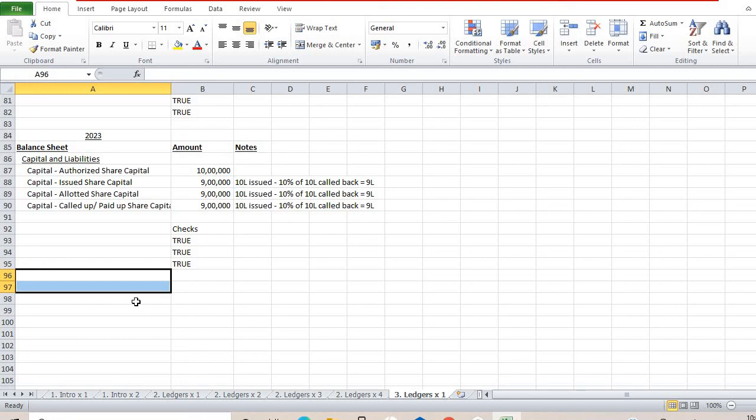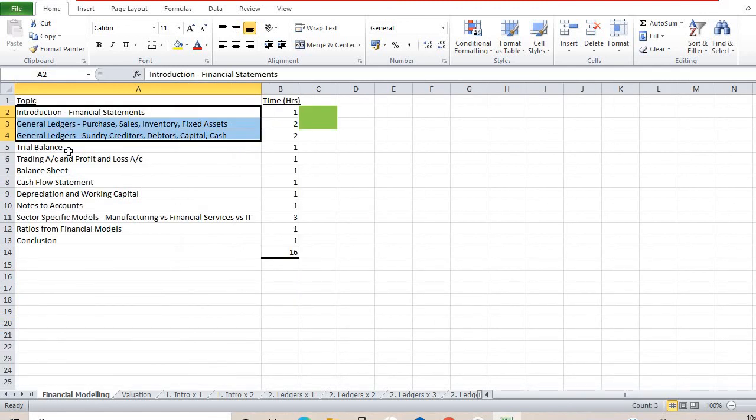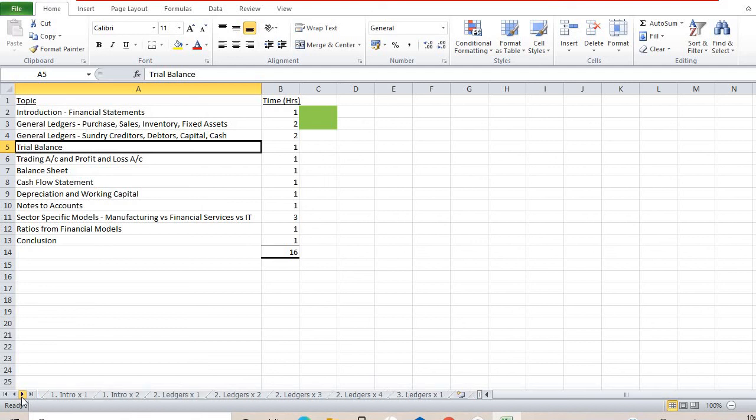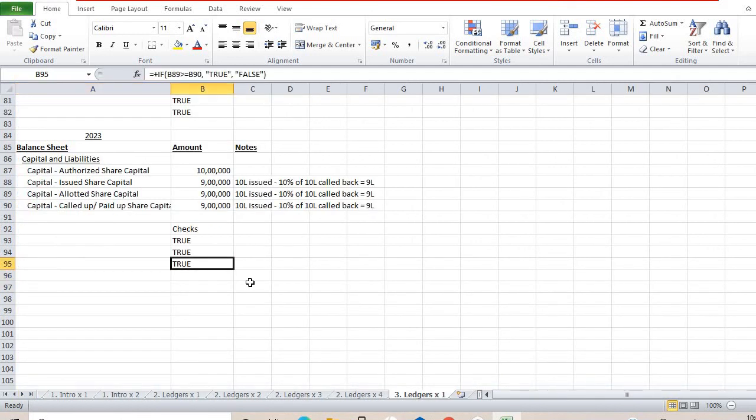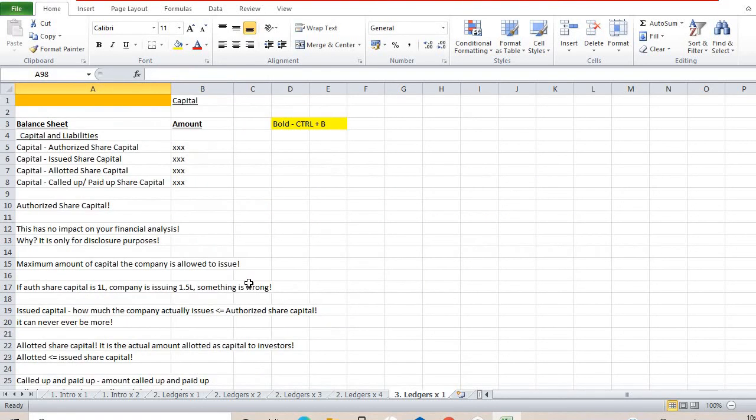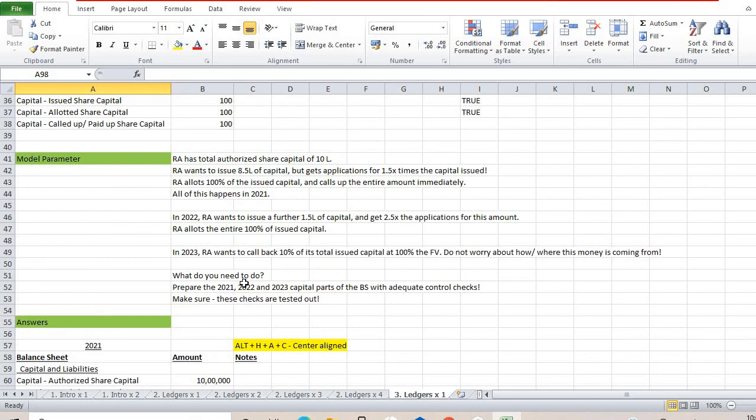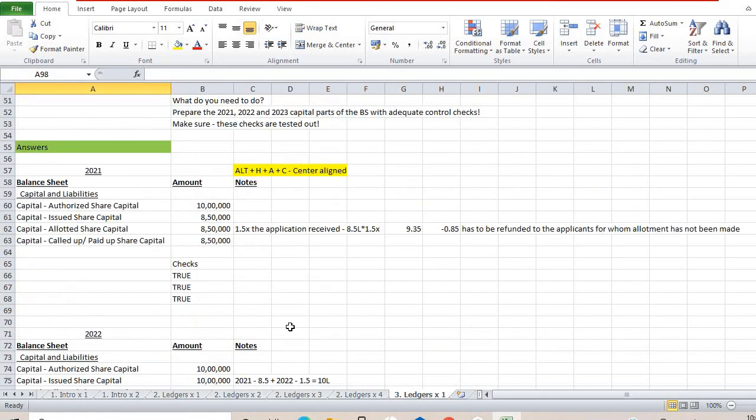Okay, and I will show you a very vast example of how this could look shortly. Maybe once we complete the chapter on trading profit and loss account, or even after the trial balance, right? I can show you how it looks. And the idea behind this is to make sure that you know that the looks of your model are actually as important as the model itself. Okay, so I want to make that very clear. So with this, I will close the chapter on capital. It's extremely small, just like a quick 20-30 minute bite on what capital looks like, what the different types of capital are.